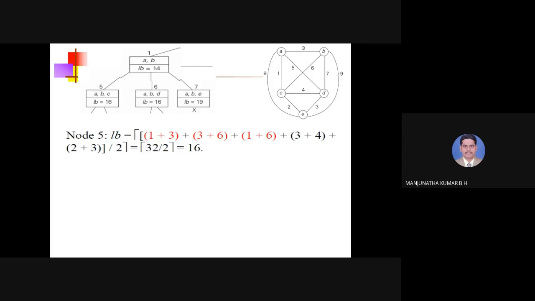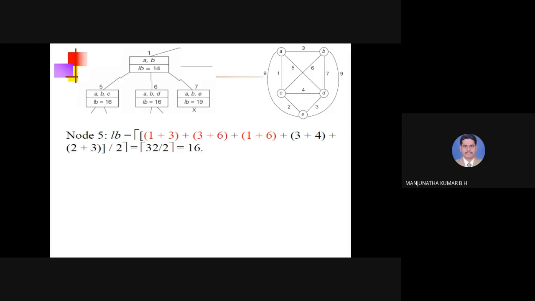After visiting A, I am visiting B. Now the first term should relate to the smallest, the nearest cities for A. Now go to city A. What are the nearest cities for A? One is C, so you write that number 1 plus, and another number should be the edge connecting to B, because after A I am visiting B.